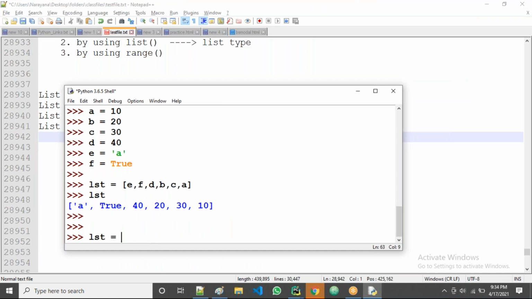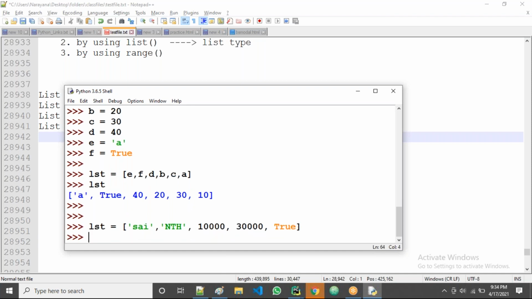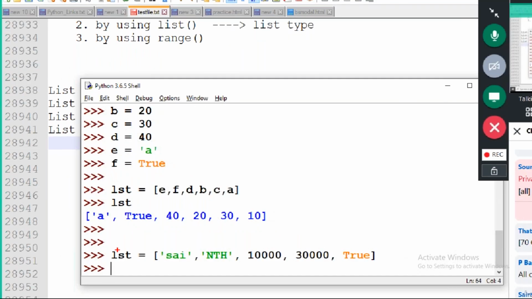Unpacking means suppose one list is there, and the list already has some values. Suppose some name Sai is there, some 10,000, some 30,000, and True, like this. I take normally 10, 20, 30, 40, all the same. Now in a single object we have 5 values.